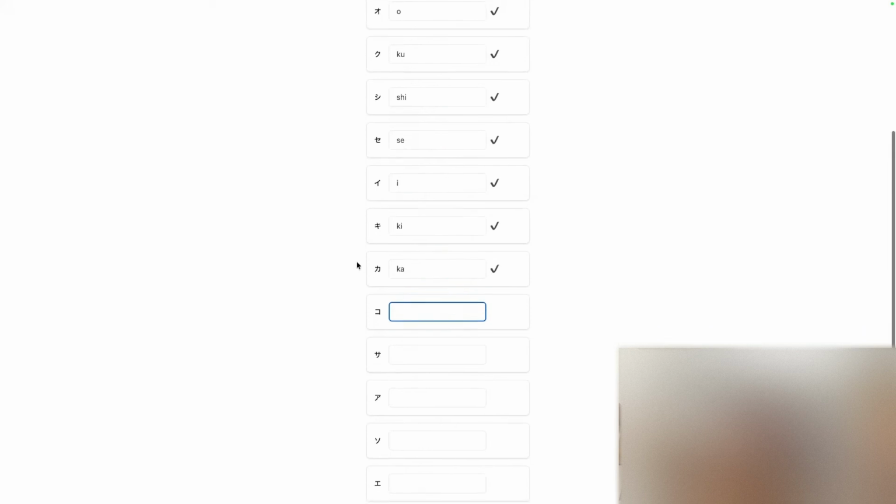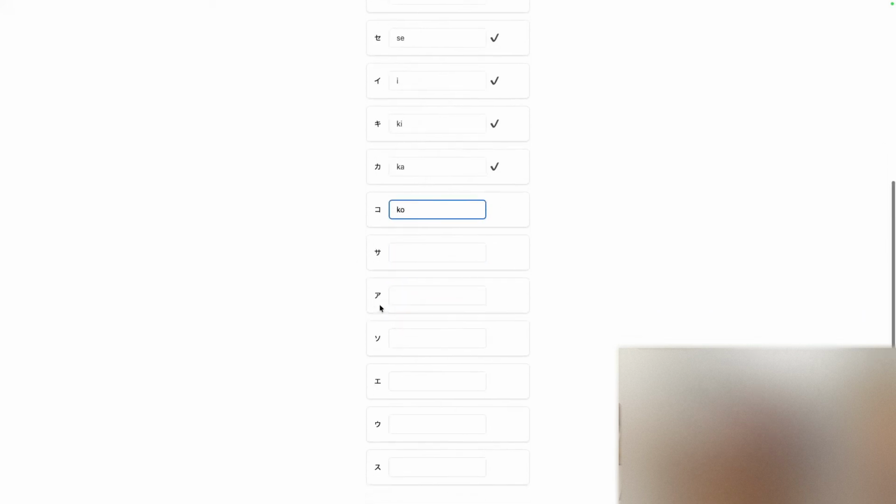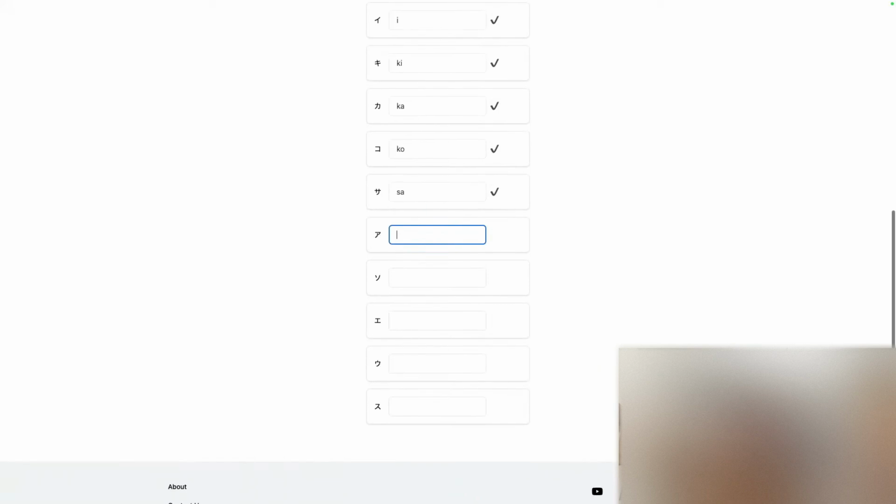This is ko, because of the box thing. Kind of looks like a box. The second letter of box is O, so this is O. This is sa. This is a. So. U. And